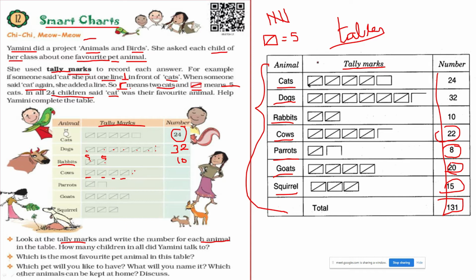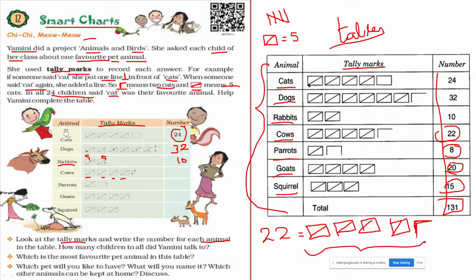In the exam and all, they can ask you to represent number 22. How will you represent it in tally marks? For representing 22, how can we put tally marks? How many complete squares do we have to put? One complete square is 5. Two for 10. So 4 complete squares, and how many more? Just like L, so 2 lines. 1 line, 2 lines. 1 horizontal line, 1 vertical line. So this means 22.